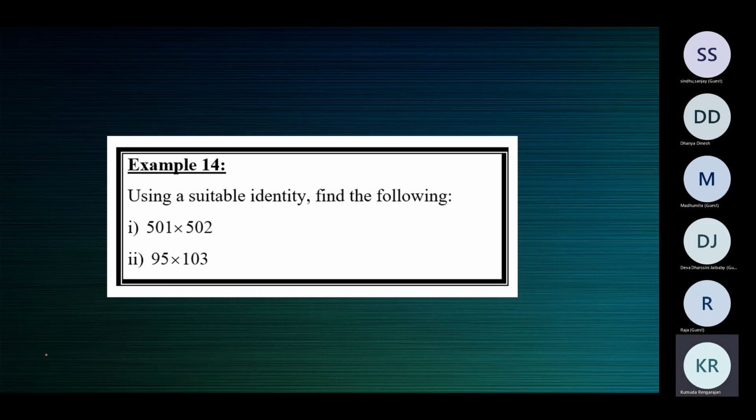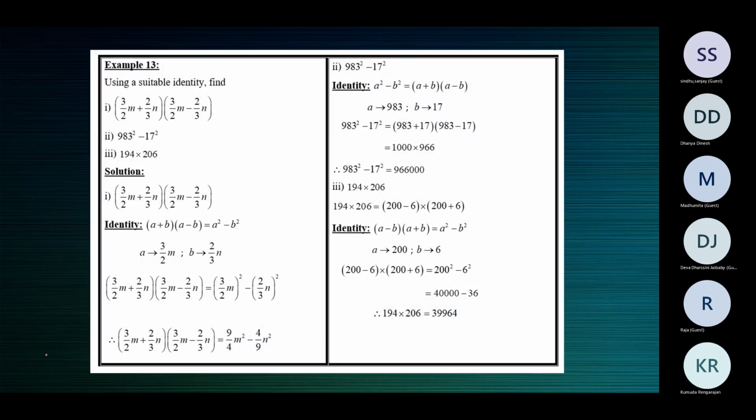This will be your homework, children. I'm due to send Saturday's homework. Please excuse me. I'll send it today or tomorrow. And we'll discuss the same on the coming Saturday, that is in our next class. Yes, ma'am. This is the homework. Any doubts, children? No, ma'am.